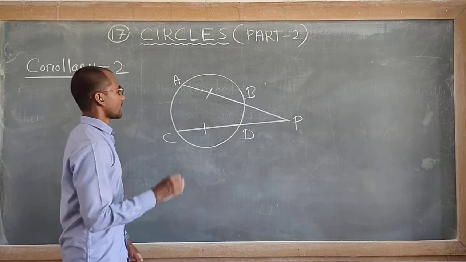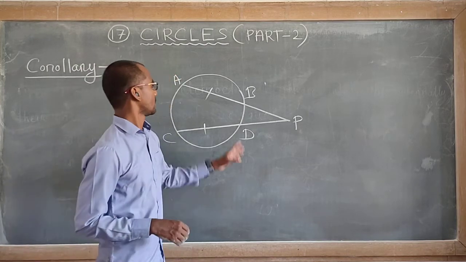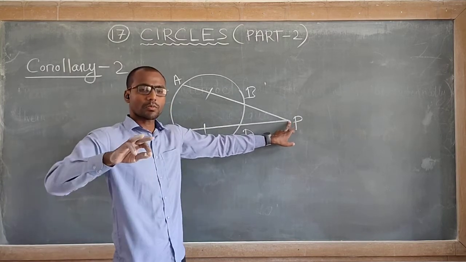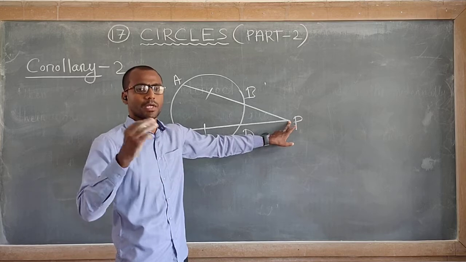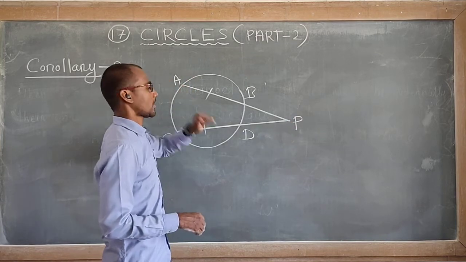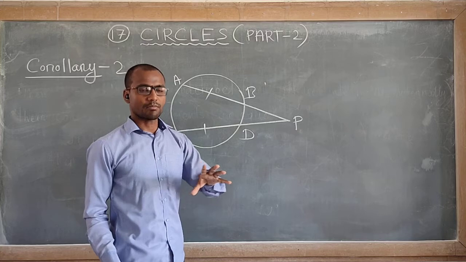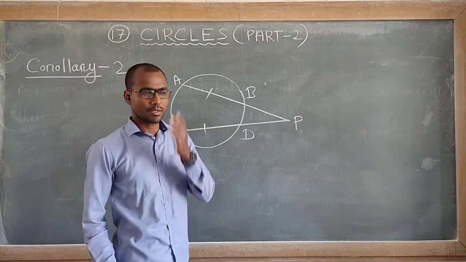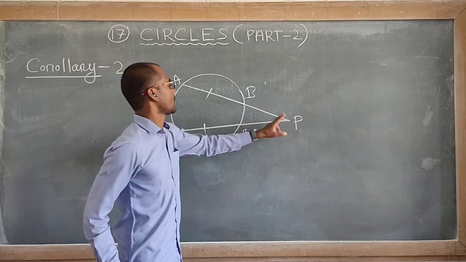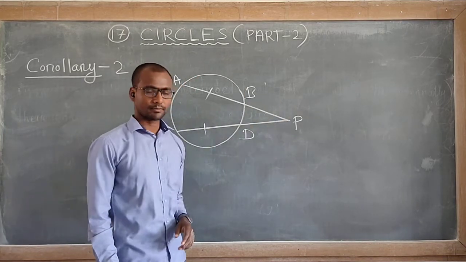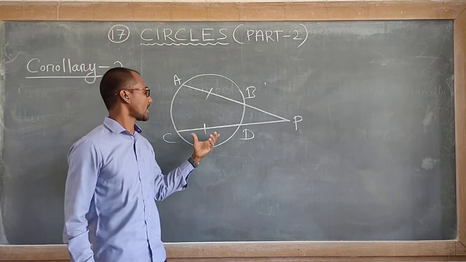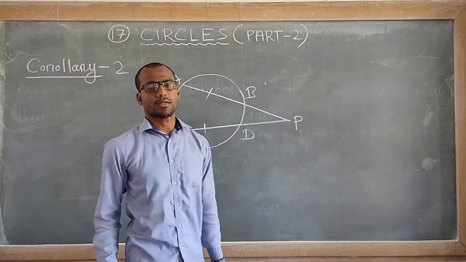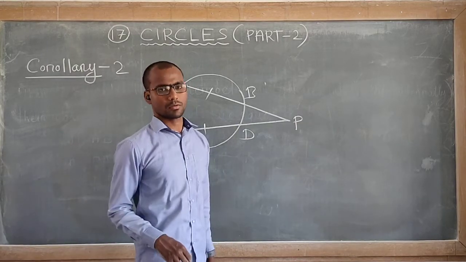Now let us see which are the segments. For the chord AB, which is the point of intersection? Point P. Always you have to start from the point of intersection to find the segments of a given chord. PA is one segment, PB is another segment. Many children think that AB is a segment. AB is not a segment, it is a chord. Which are the segments then? PA and PB. Similarly, the segments of chord CD are PC and PD. So always start from the point of intersection and move to the end points of the chord.